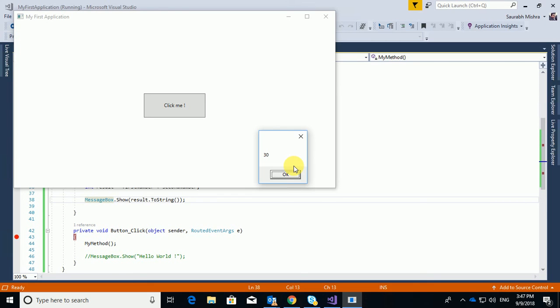So I hope you understood how you can achieve what you achieve on console applications through the desktop application also. You can create buttons, you can create the events of those buttons, you can actually keep the methods within constructor or within the event handlers. So here my objective was to only make you understand how to create a project in Visual Studio.